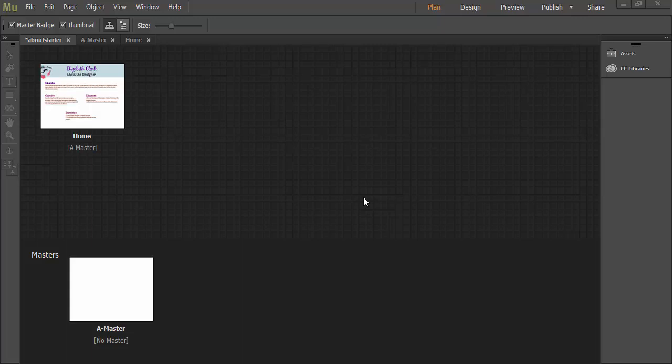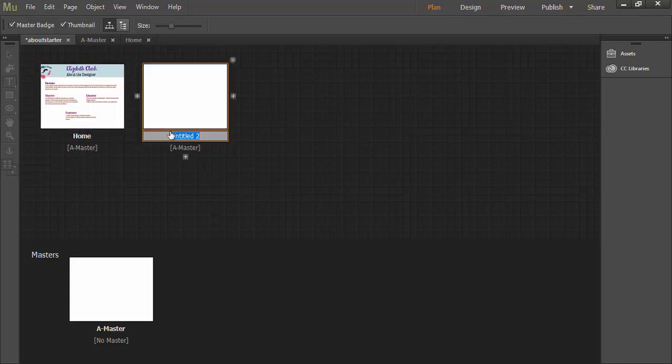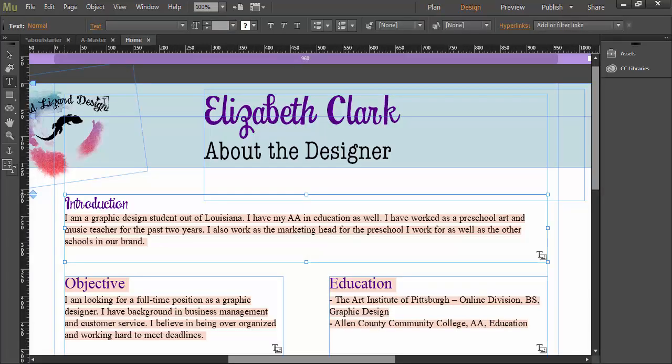I noticed you didn't set up your master page correctly and you didn't put the content on the about page. So what you want to do is click on the plus sign here and name this about, and all your content that you have over here on the left-hand side is going to go there. But we want to set up the master page, and really what we want to do is